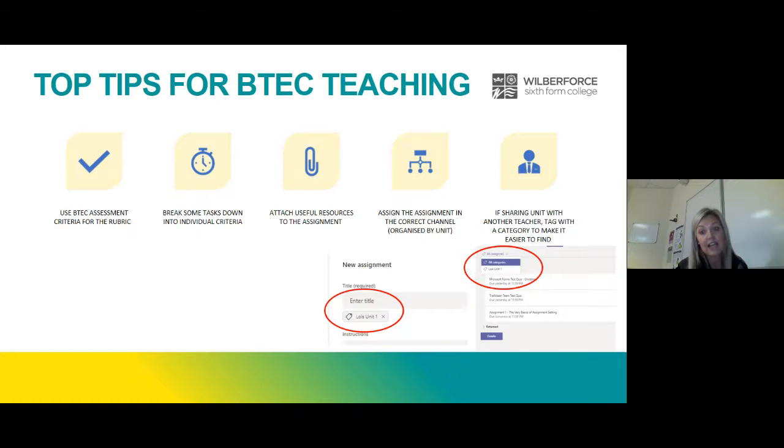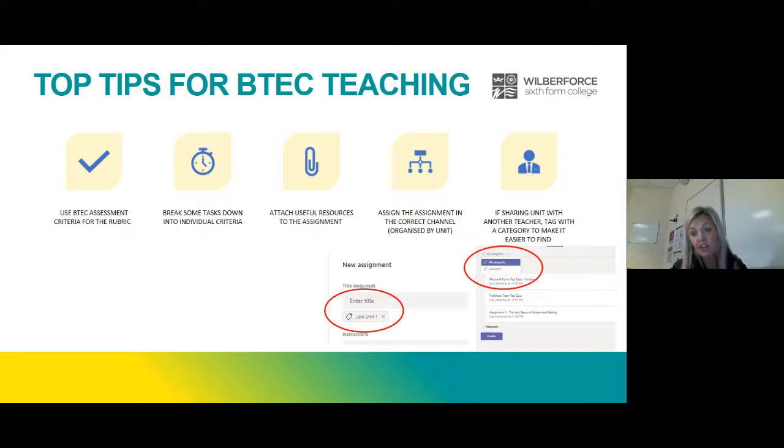One thing is making sure that you assign the assignment in the correct channel. Now, because I teach the same group multiple different units on a BTEC, rather than setting channels just into the general channel that you get in every team, I set up individual unit channels, and I'll always try and post assignments that are for that particular unit in that unit channel, because then it helps the students connect with that and think about what topic, what content they might need to be able to access that assignment if it's set in the correct channel. So that's certainly something else I would encourage.